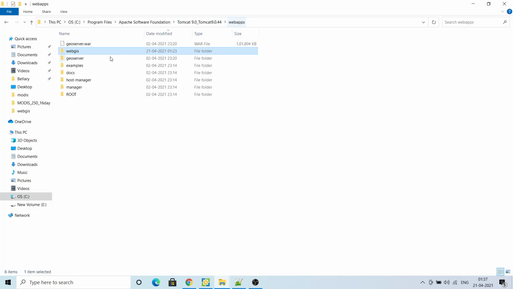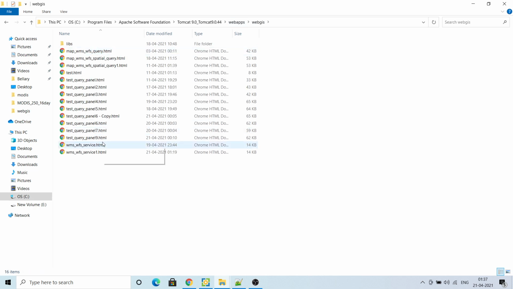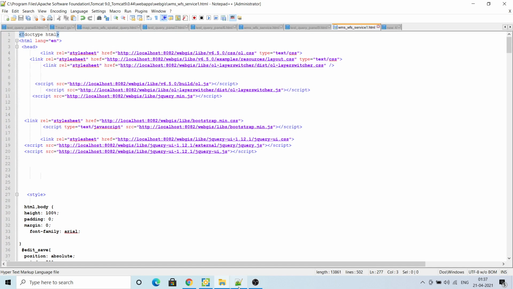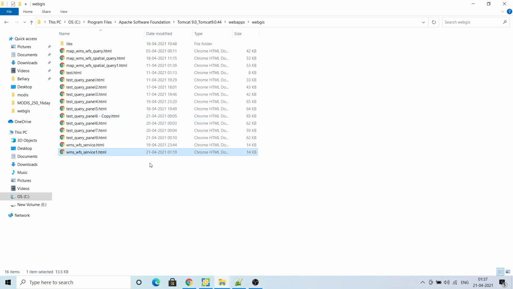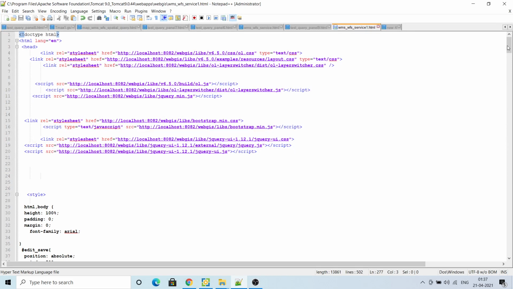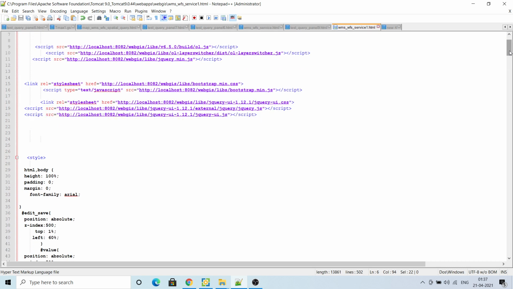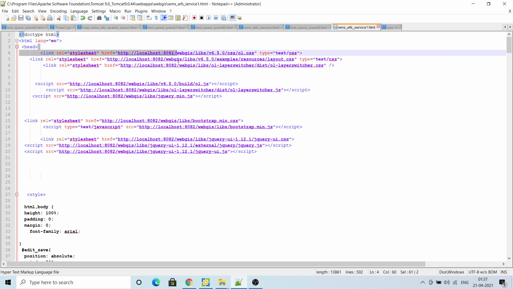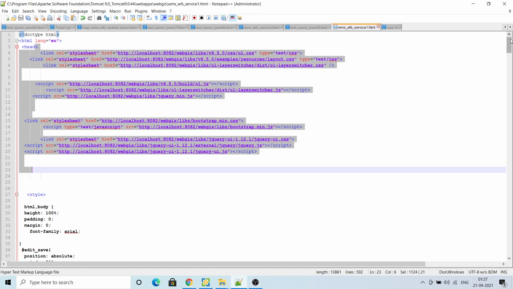I have created a WebGIS folder inside Tomcat, and I have created one WMS WFS service HTML page. Here it is. These are the links I have given for OpenLayers 6, and this is for the layer switcher, to switch the layers on and off, then Bootstrap and jQuery. You can go through my earlier videos, and you will be able to download all these libraries. It's a very small page.